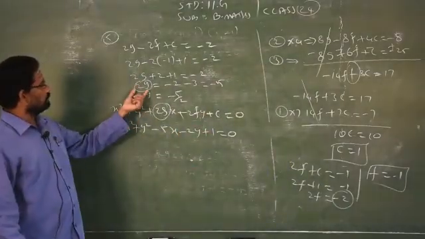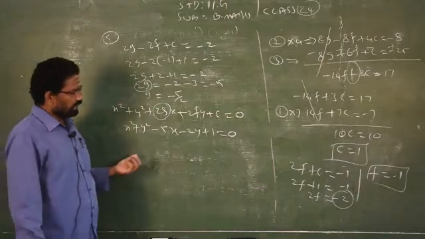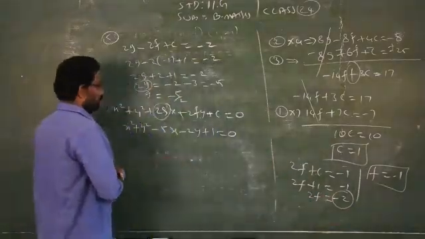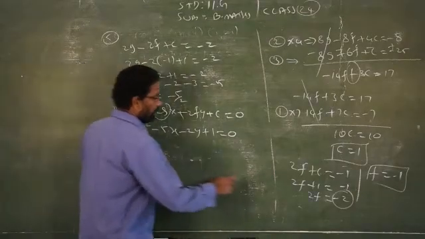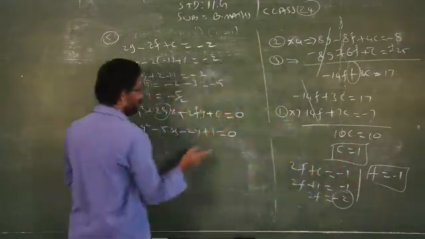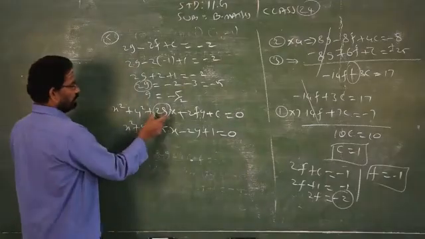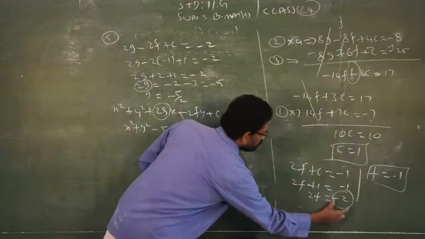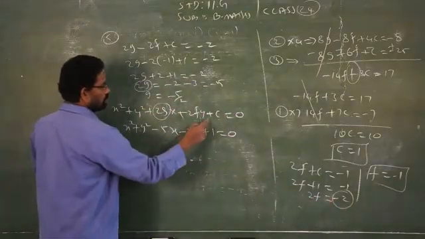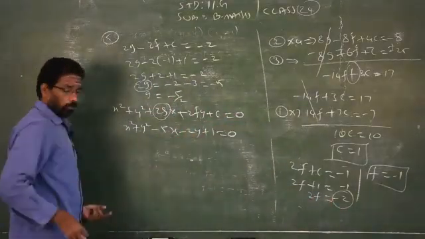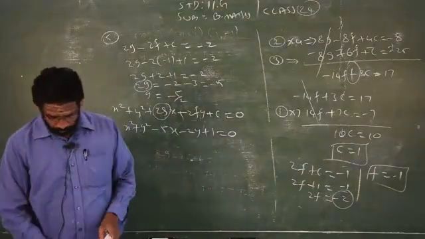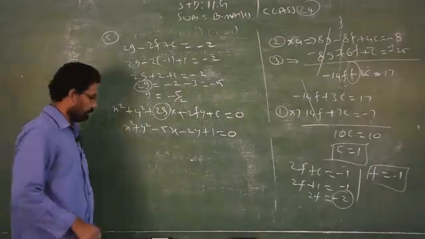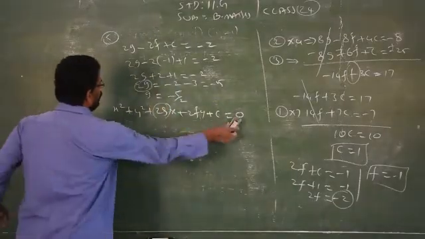So here I got 2g straight away as the answer. Sometimes you will get some fractional format for 2f. So for that I found f, c, g separately, then you have to replace. Here this 2g is replaced straight away by minus 5. Again this 2f is replaced straight away by minus 2 and c is replaced by 1. This is the required answer. So x square plus y square minus 5x minus 2y plus 1. It's your correct answer. So be careful.